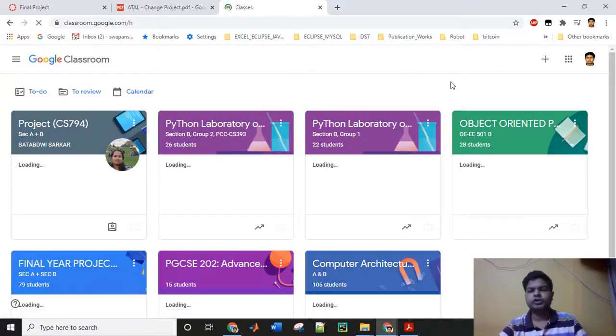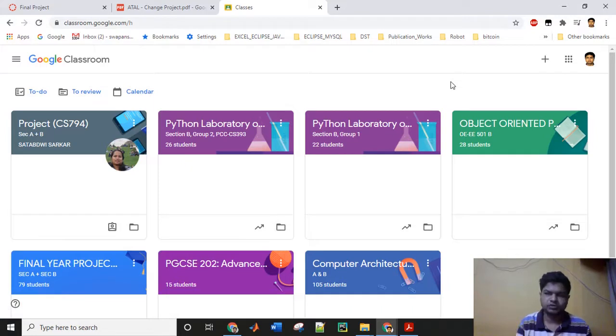So here you can create multiple classes. To create a new class, you can simply click on this plus icon that is showing Create or join a class. So we will be creating a new class for your students.